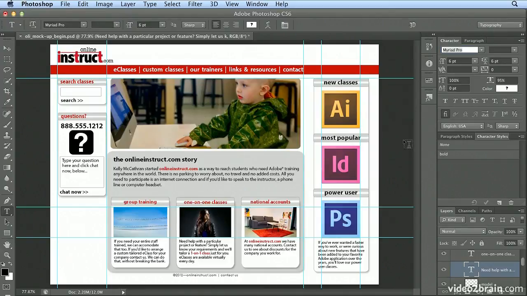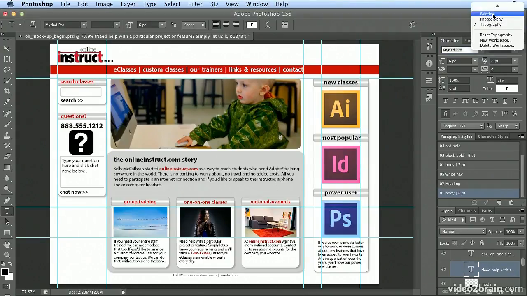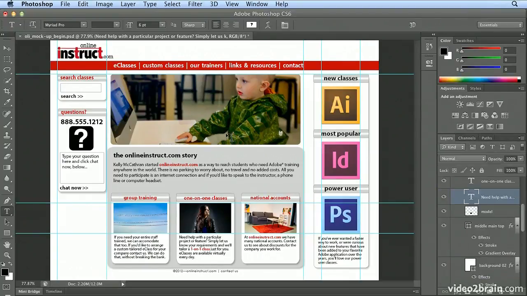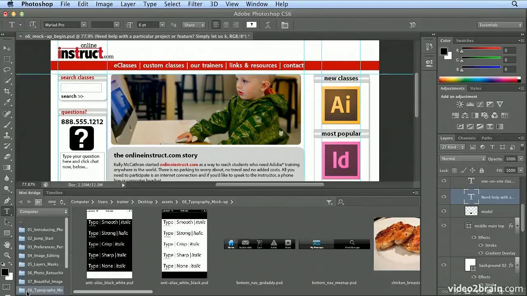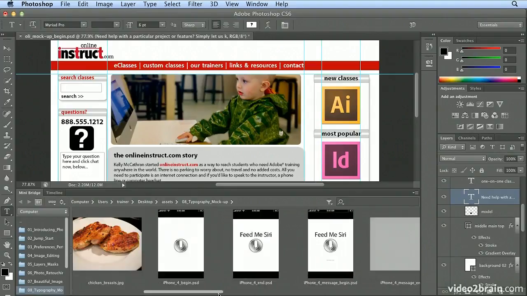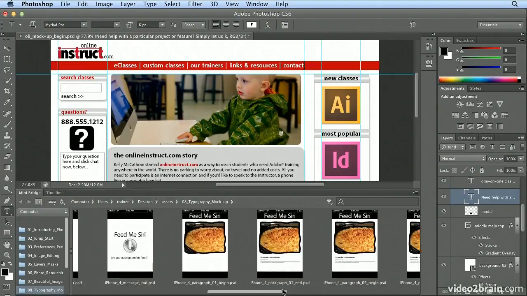The last thing is, if I look at the paragraph styles, I could actually take the body style, there's 2 occurrences of them, 6-point and 7-point, and make one global edit to change the font to something other than Myriad Pro if the client decides they want to go a different route. In fact, I'm going to bring up Mini Bridge, and to do that, I'll go back to the Essentials workspace. In the Essentials workspace, I can double-click to bring up Mini Bridge,